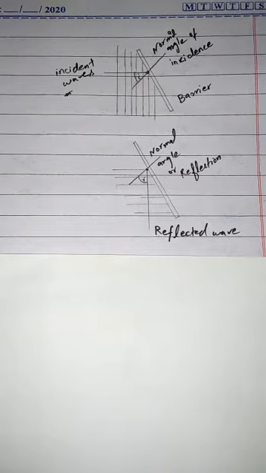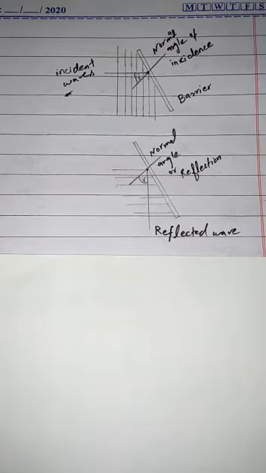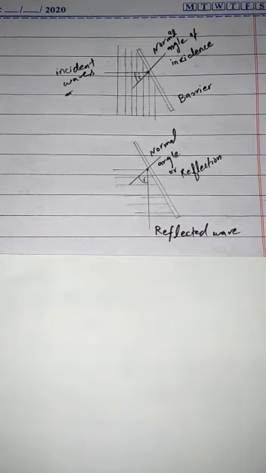Now we can conclude that if obstacles or slits are put in the direction of waves, we can find how diffraction occurs. There are many types of diffraction, but we will discuss two here. First of all, I will tell you about the diffraction of water waves. The bending or spreading of waves around the sharp edges or corners of obstacles or slits is called diffraction. This is the definition.